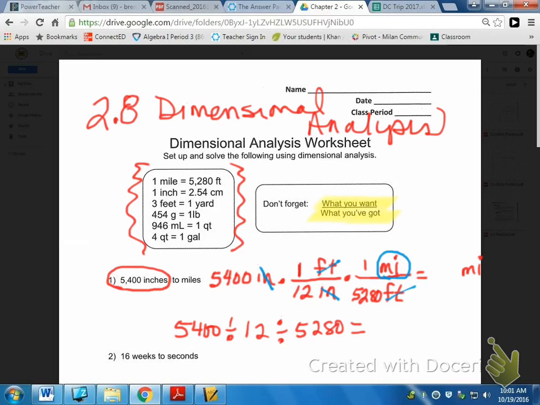Sometimes you will have numbers on top depending on the conversions. Whatever's on top, you multiply; whatever's on the bottom, you divide. So I take 5,400 divided by 12 divided by 5,280, and I come up with this